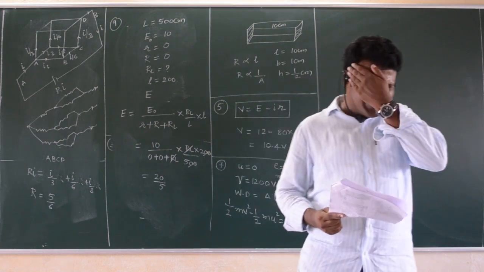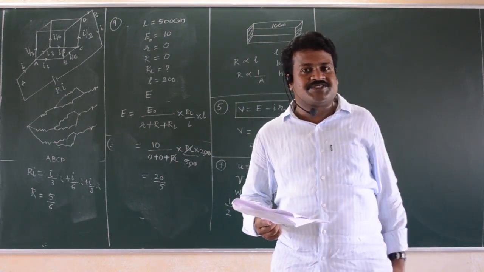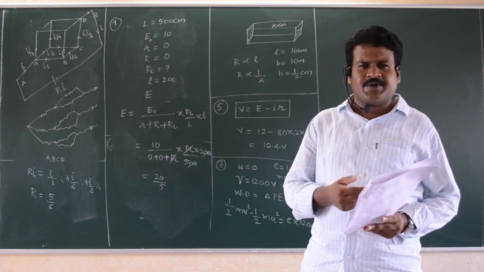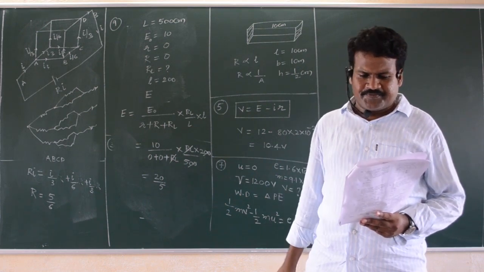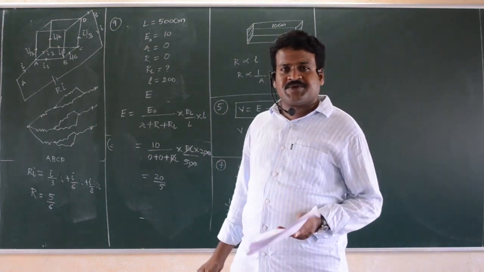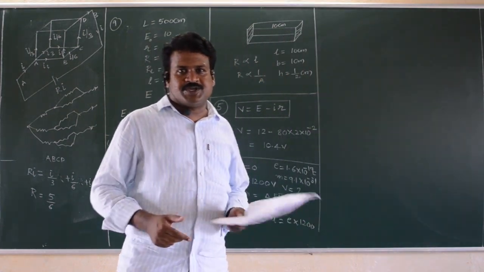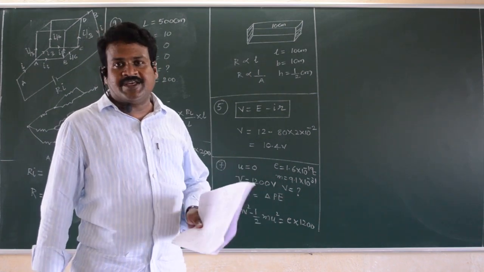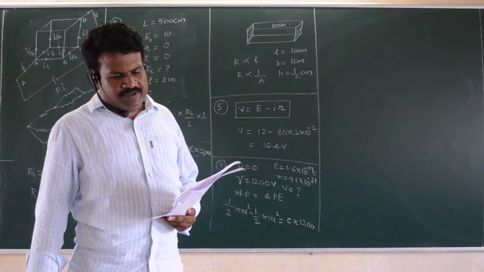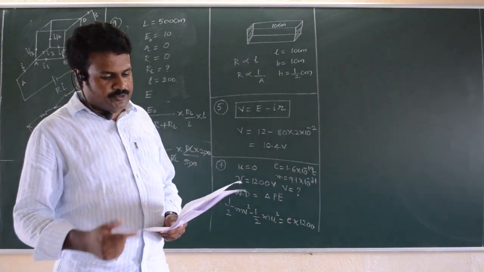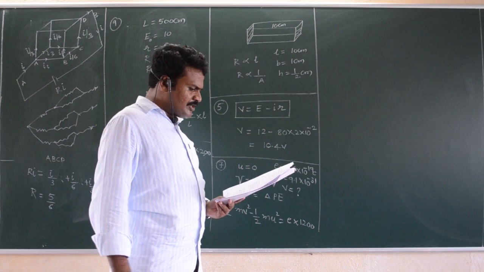Next, the color code is given. It is totally based on NCERT. You can see it is a 1 mark question in NCERT also. Next, magnetic field due to the Biot-Savart law, vector notation is given. You can see this in your NCERT textbook, vector form: mu naught by 4 pi, I dL sin theta, dL bar cross R bar, mu naught I by 4 pi, dL bar cross R bar.